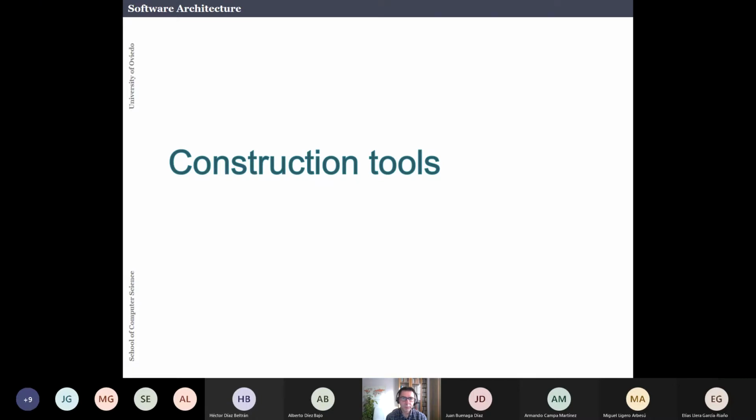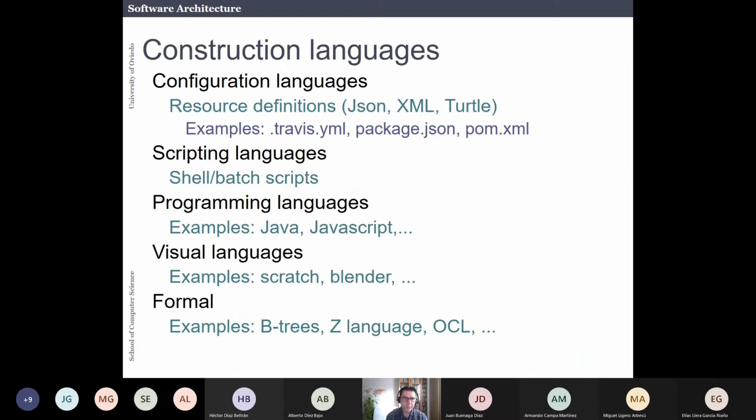Here, we could talk a lot about this kind of construction tools, but we are not going to do that because some of those tools you already know, and other tools you will probably know in other courses later, and some of those tools just depend on the technology that you are using. But I think it's important that you at least have some kind of classification of the main kinds of tools that you can use. The first kind of tools that you can use in your software projects are, of course,